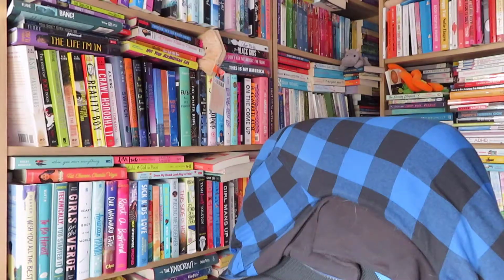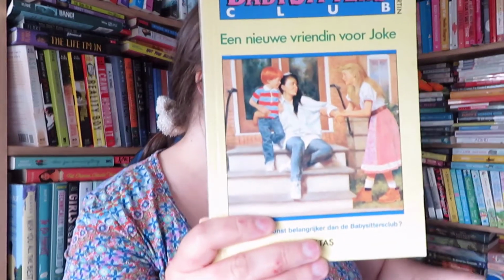So this is based on the actual book. Which book is it based on? Hold on. This one is based on book 12, which is called Claudia and the New Girl in English. This is book 12, my Dutch version. A new friend for Joke, a new friend for Claudia. Joke is her Dutch name in the Dutch translation. I mean, as you can see,